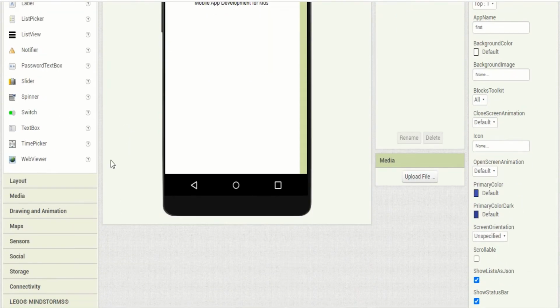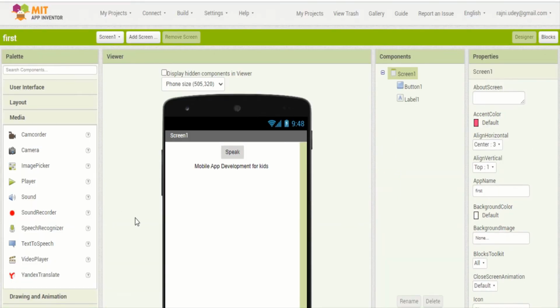To insert the text to speech function, you have to click on media. After the media, you have to select the text to speech module from here, because this is the inbuilt code in the MIT App Inventor. This module is inbuilt. If you have text and you want your app to speak that text, you have one module in MIT App Inventor for that.